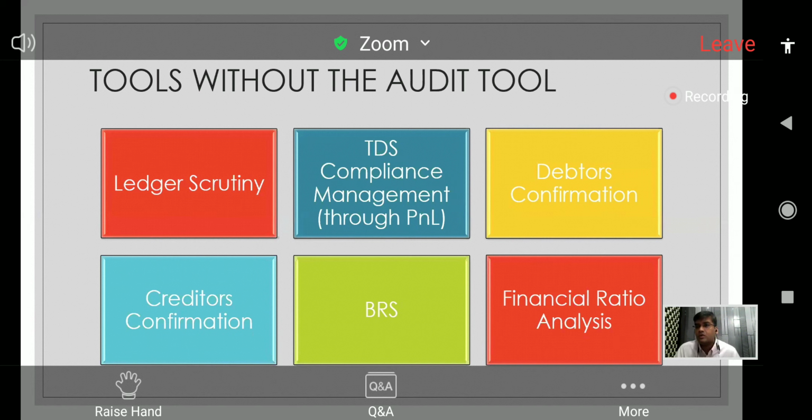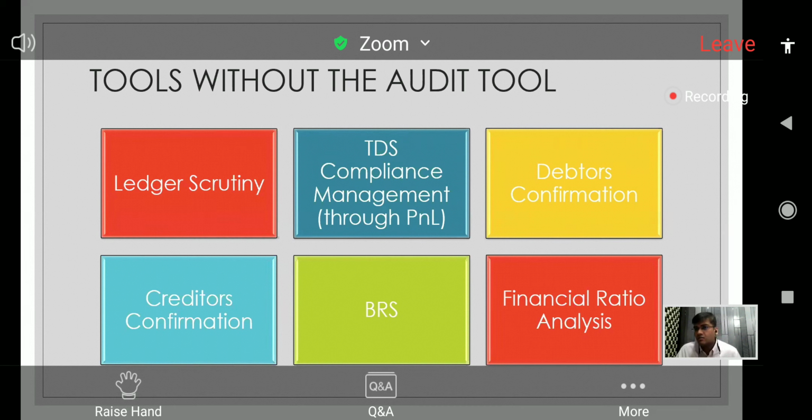When we are comparing it with the previous year, we try to check whether the gross profit ratios are in place, whether the net profit ratios are in place, and what the ratios of individual expenses vis-a-vis sales are. These are some of the ratios which throw a lot of light on whether the business has been conducted in a similar environment, whether certain flags are there. If we see more repairs and maintenance than what the company typically goes through, we come to know whether there are certain expenses which are supposed to be capitalized but are passed in repairs and maintenance. These are some of the important advantages that we can derive if we use the financial ratio analysis.